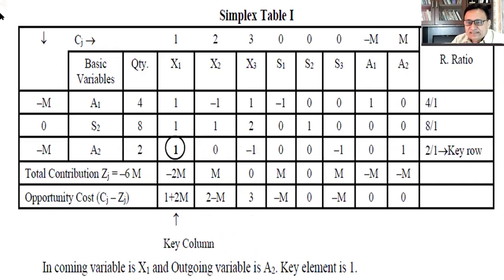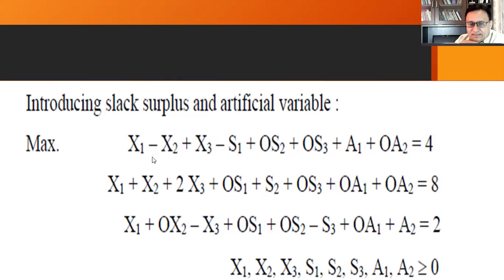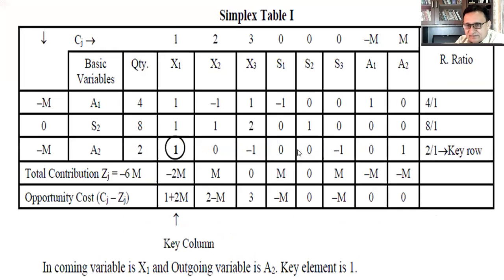Now we will be forming the simplex table. So from these constraints we will form the first simplex table. The first column will be the coefficients of the basic variables, here CB, where minus M and minus M are written. Here we'll be writing the basic variables. Basic variables are those variables whose coefficients in the constraints form an identity matrix, which we will see shortly. So the second column will be the basic variables.